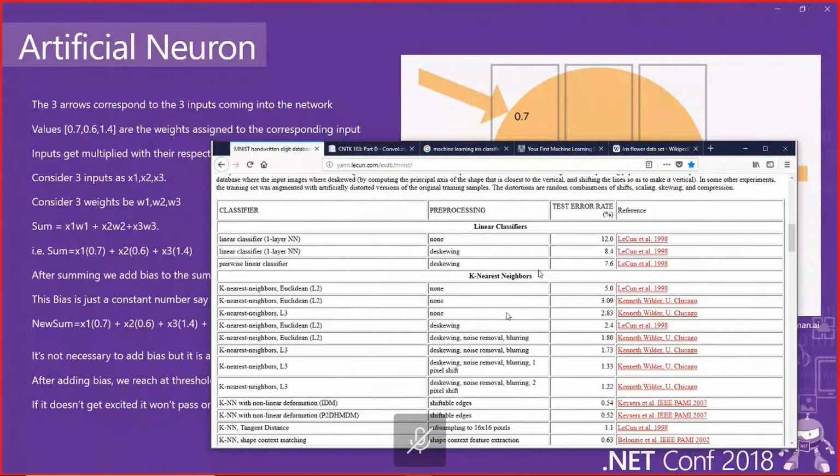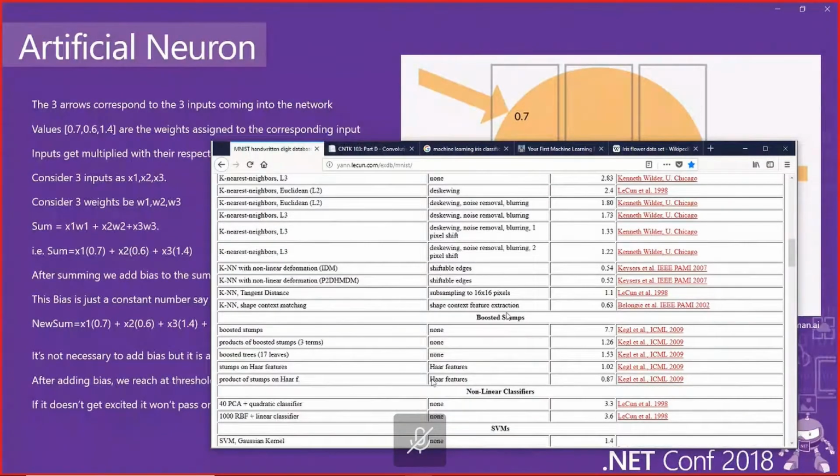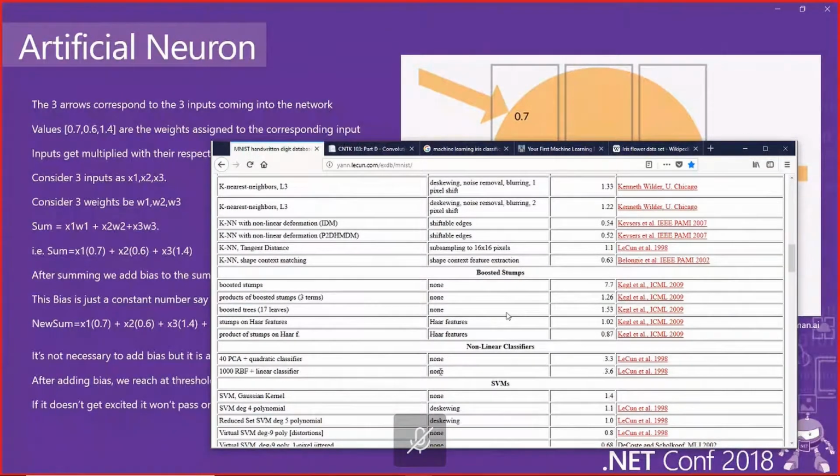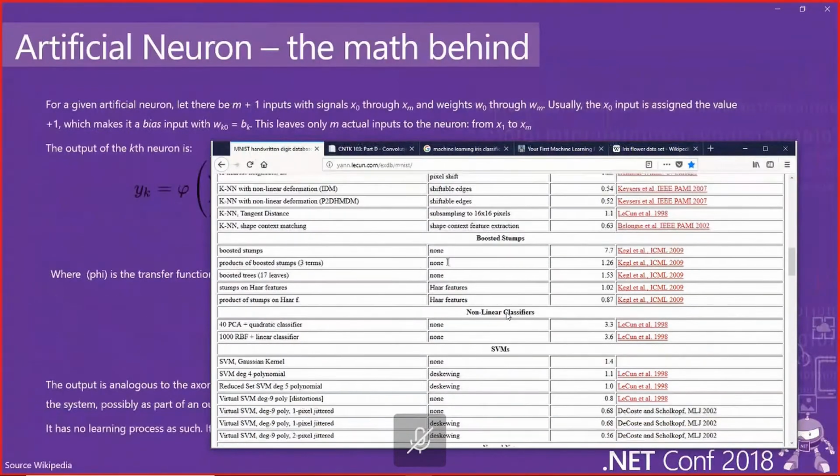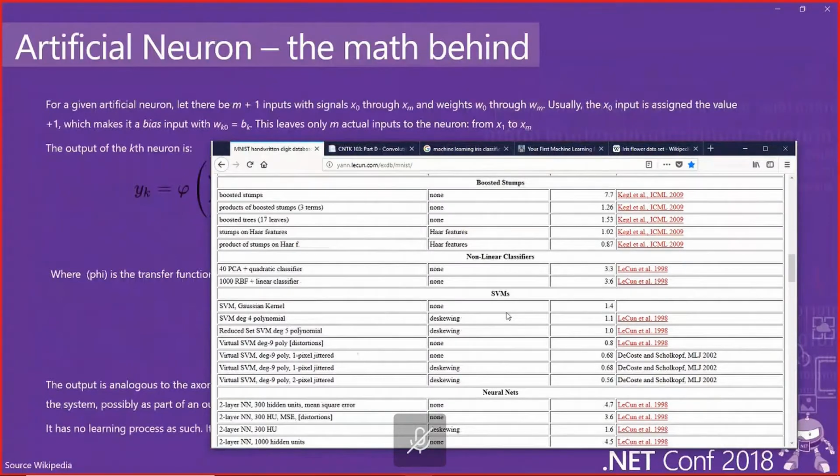The best result we can get is the trained model that we want to use. In the case of the MNIST database, the SVM is one of the best here.